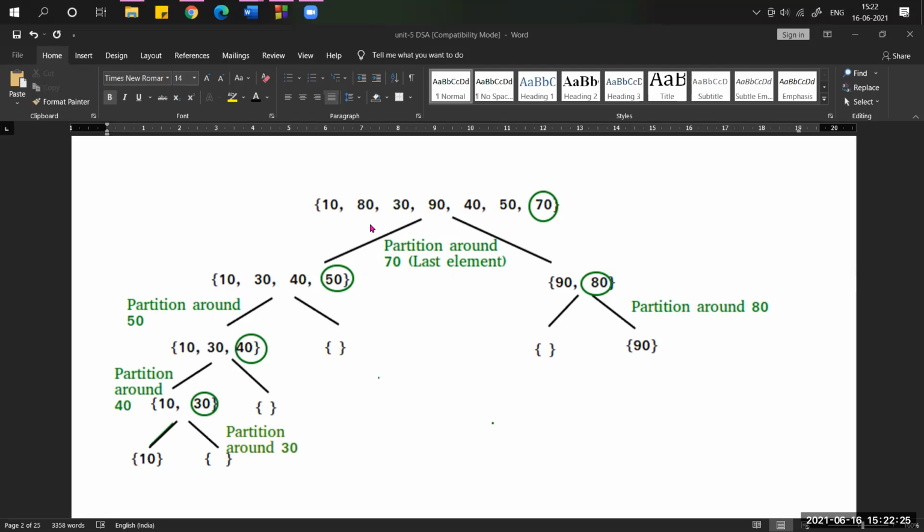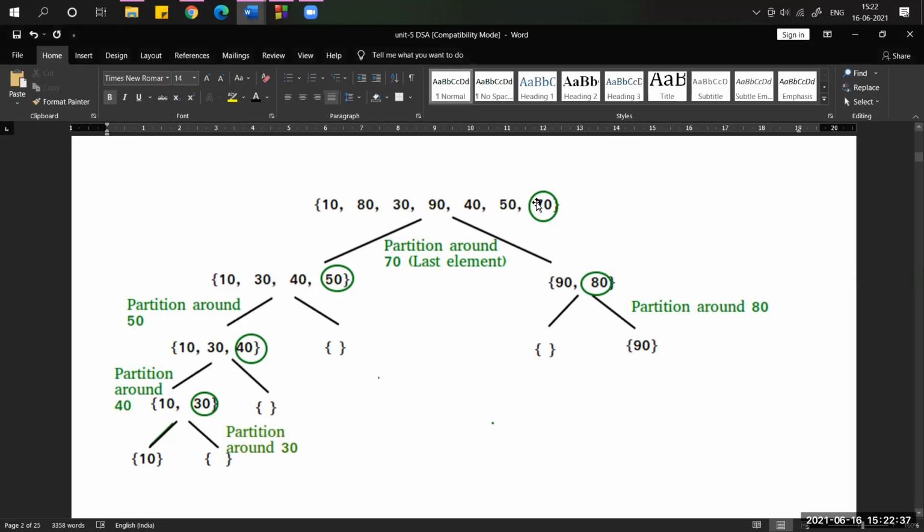What are the elements less than the pivot? Look at that: 10, 30, 40, 50. The elements lesser than the pivot should be placed at the left side. Now on the right side we place the elements greater than the pivot.